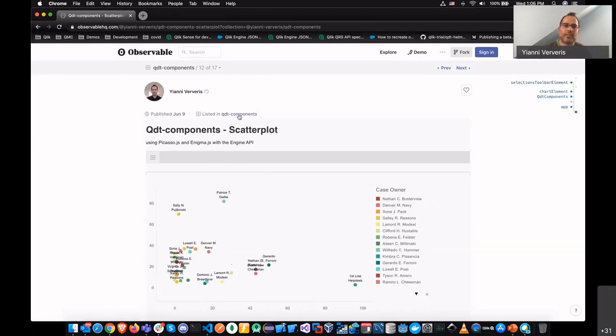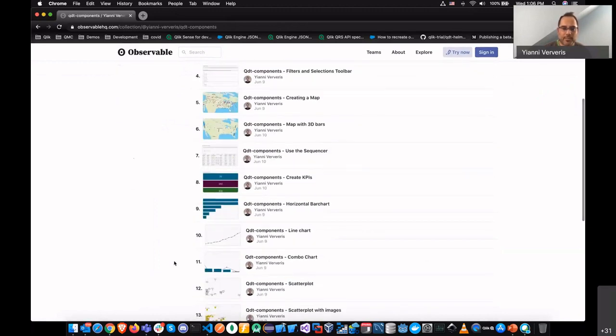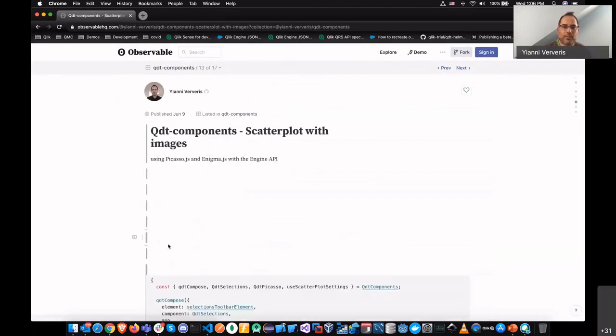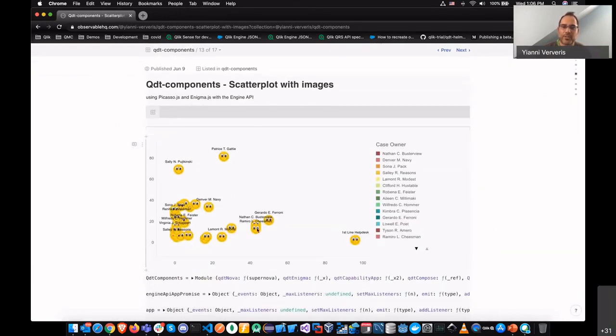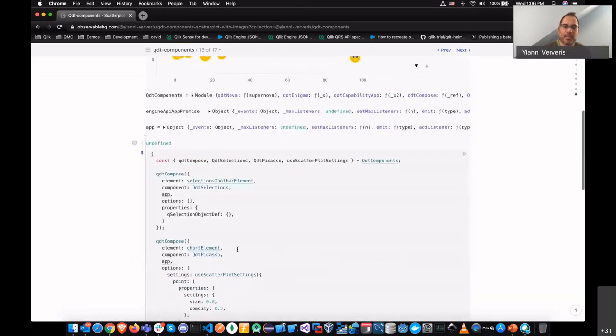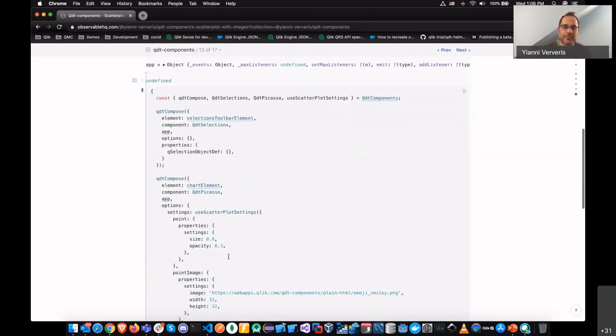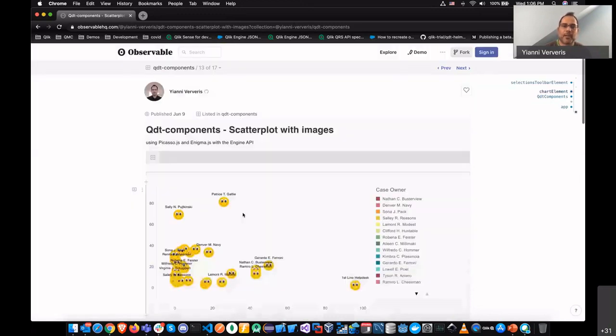Now moving to a little bit more customizing, and I went a little bit farther. If you'd like to have your own images, little icons, little GIFs, whatever you want to use, you can use the same scatter plot setting, but you can pass some options of the image you want to use, width and height. You can make selections like